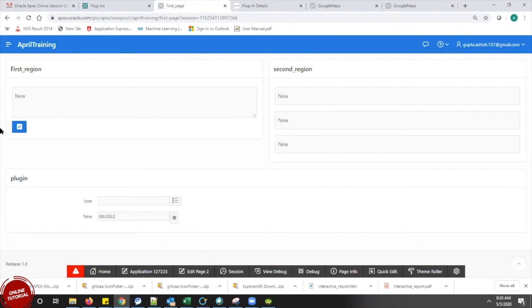But if I am keeping any specific icon, such as a company logo, and I migrate the application from one instance to the other, at that time I have to import the icon separately.